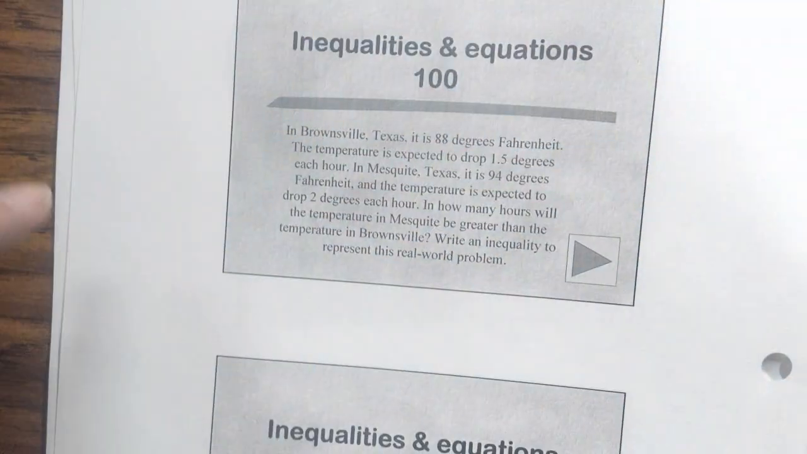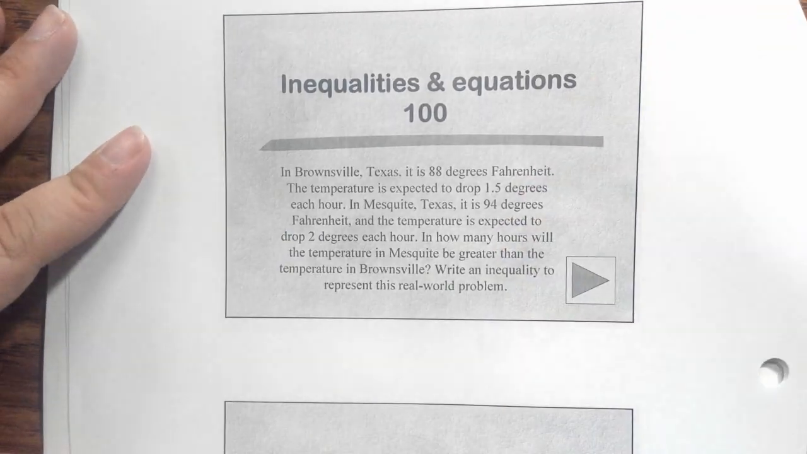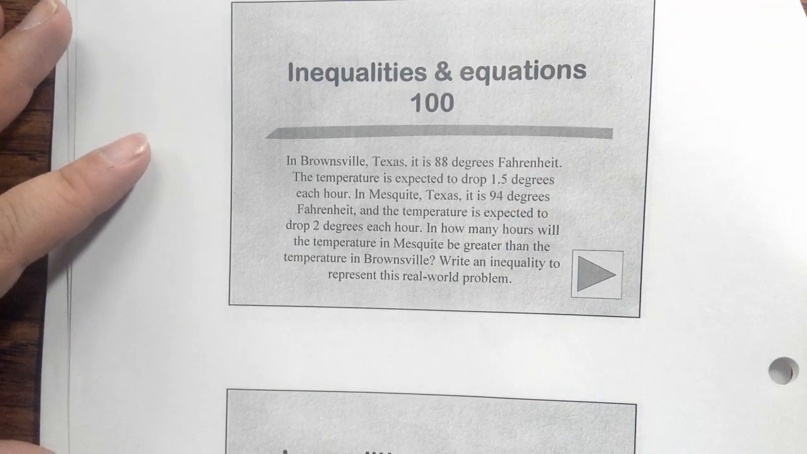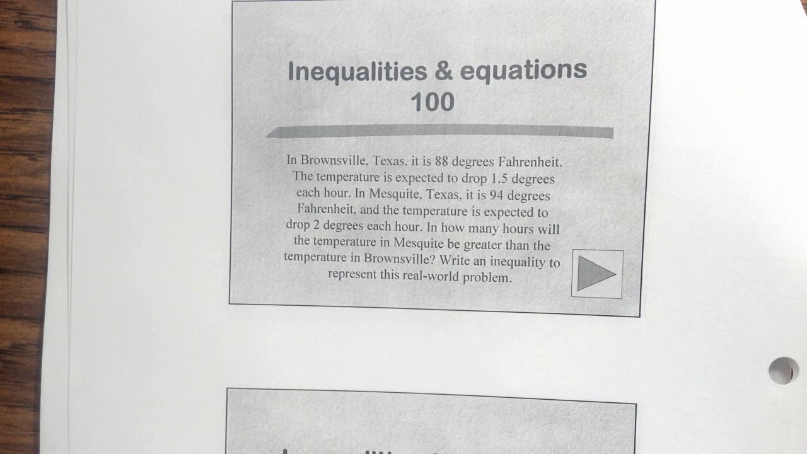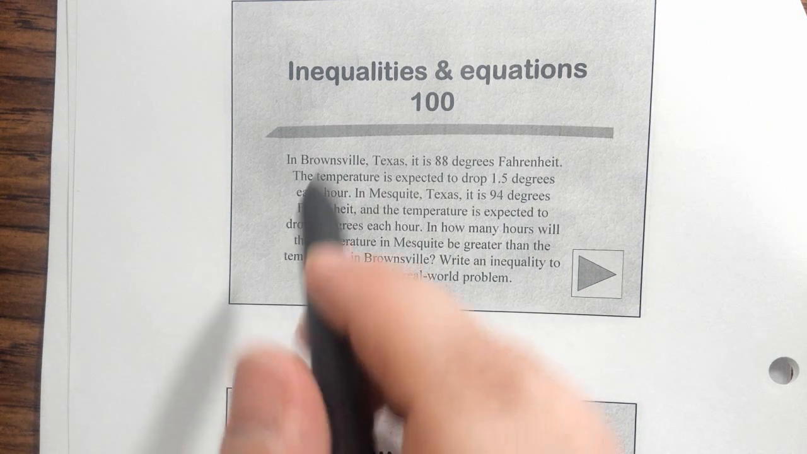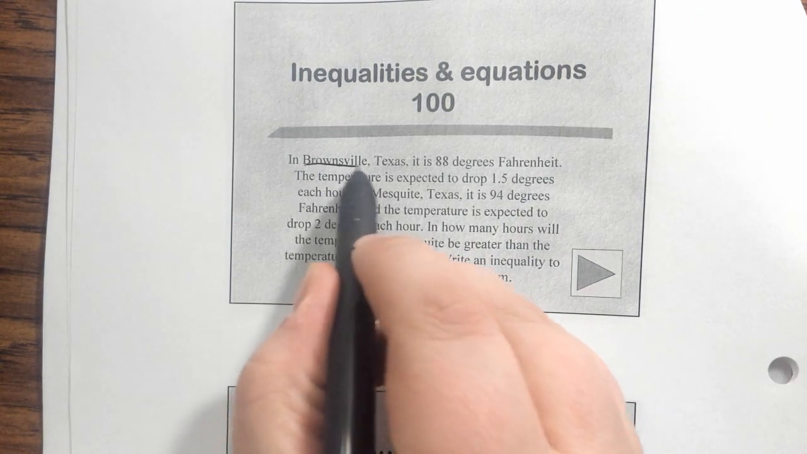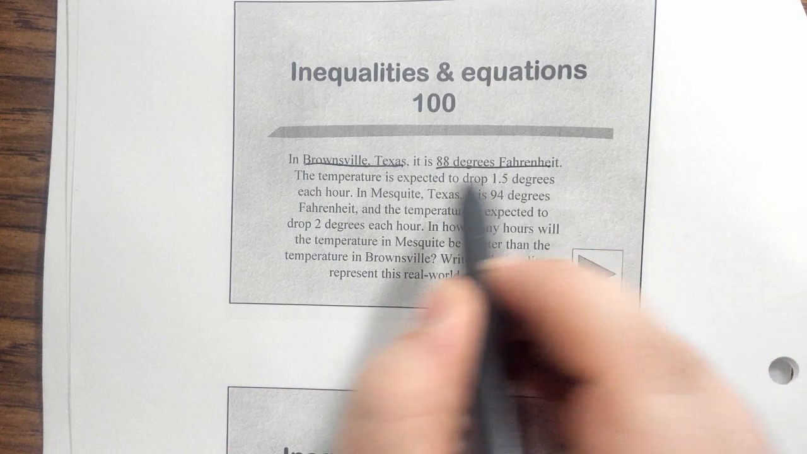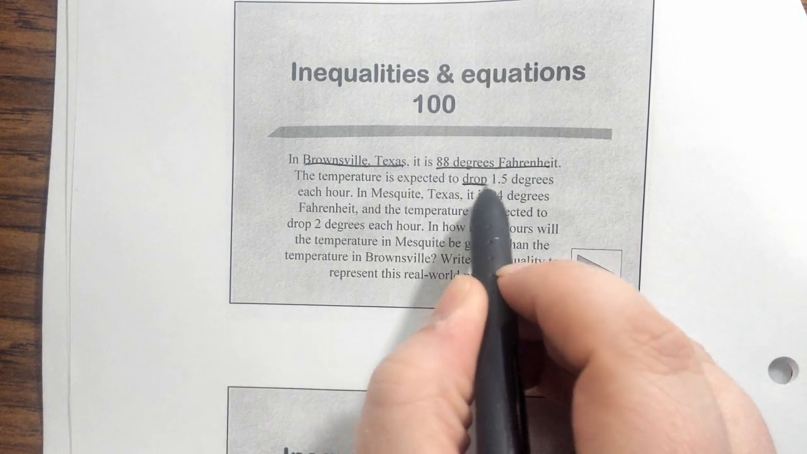Next we talked about inequalities and equations. These are questions where we had to write an inequality or an equation. So here we've got in Brownsville, Texas, it's 88 degrees Fahrenheit, and the temperature is expected to drop